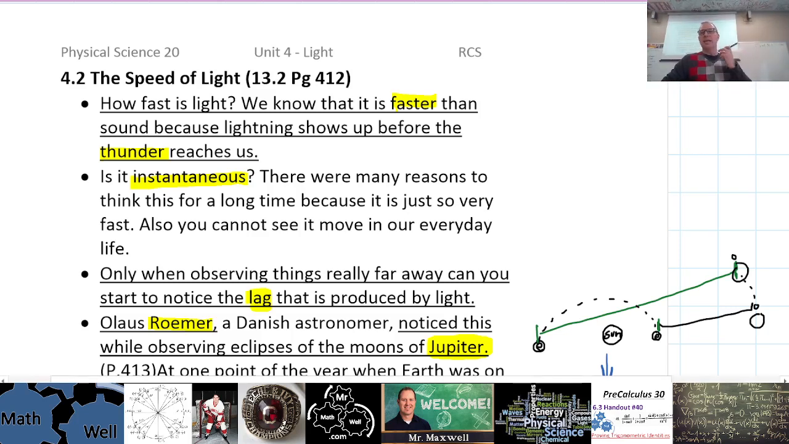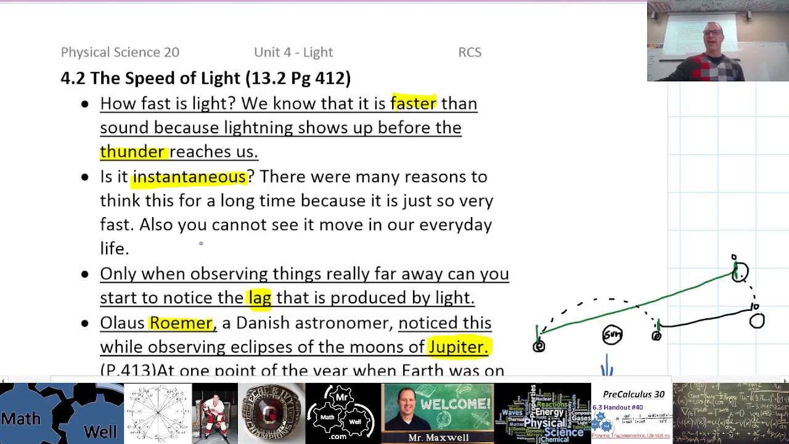Is light instantaneous? Does it travel at an infinite speed, or does it have an actual speed, do you think? Well, infinite speed, instantaneous, that's a little tough. You might think that it's instantaneous. There were many reasons to think this for a long time. It's just so very fast. Also, you cannot see it move in our everyday life, so one might think it's instantaneous. Only when observing things really far away can you start to notice the lag that is produced by